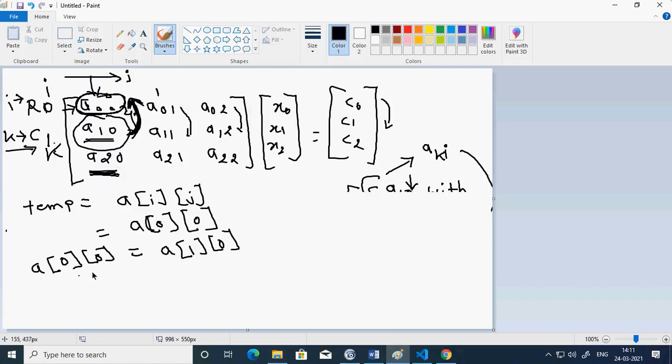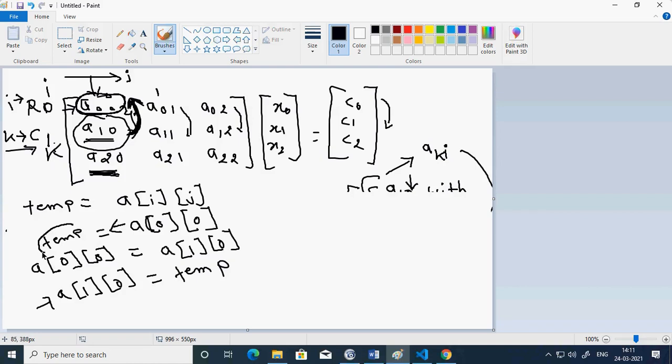Now what about the lower one? That also has to be changed. a 1 0, this is the lower value. This has to be changed with the upper one, and the upper one I stored in temp. So this is my temp. First I stored a 0 0 in temp.